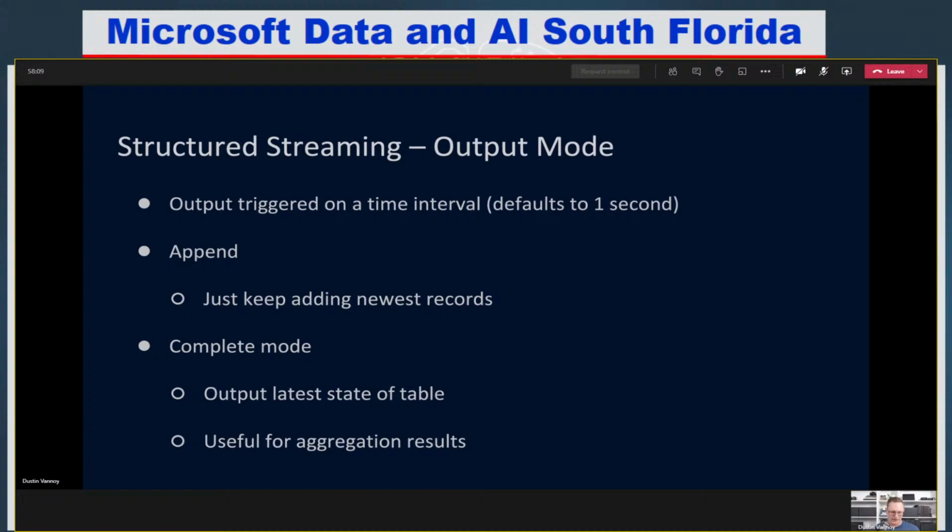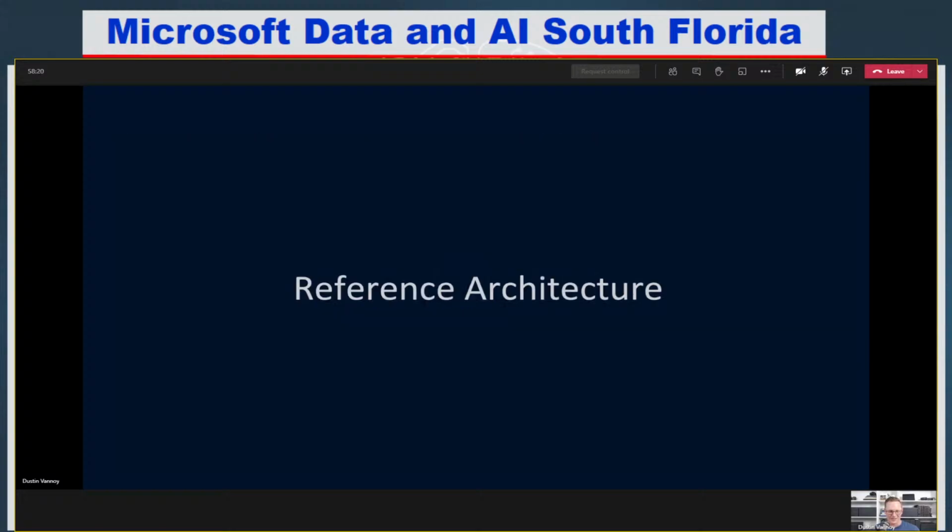I find that there's times that's useful, where it's basically saying, is anything new or is anything changed based on the key I've given it? Often that's not quite the right fit for my use cases, so I left it out of my slides there, but that's something to look into if you think that fits your use case. Okay, so that's the quick intro to Spark structured streaming.